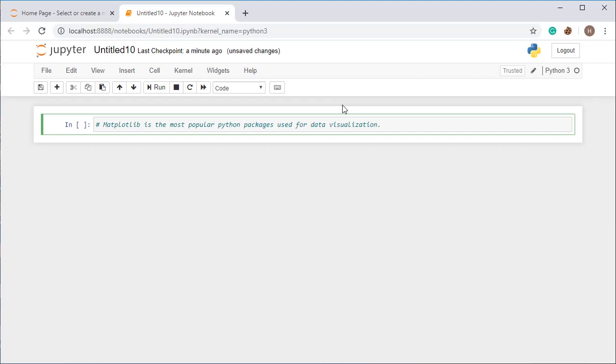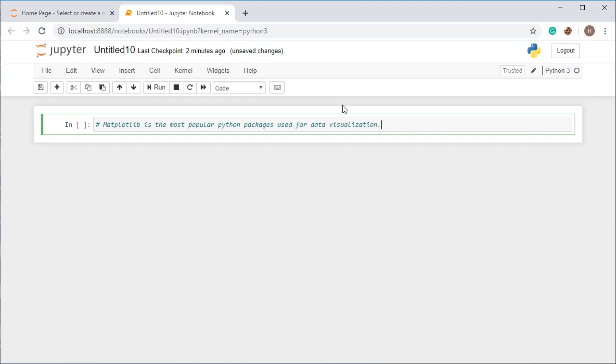It is actually a cross-platform library for making 2D graphs or 2D plots with the help of arrays. Matplotlib is written in Python and makes use of NumPy, because NumPy is all about arrays. So it uses NumPy, the numerical mathematics extension of Python, for plotting graphs, and it provides object-oriented APIs to integrate all these things within websites or in mobile applications also.